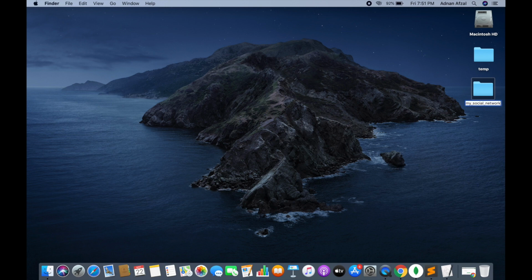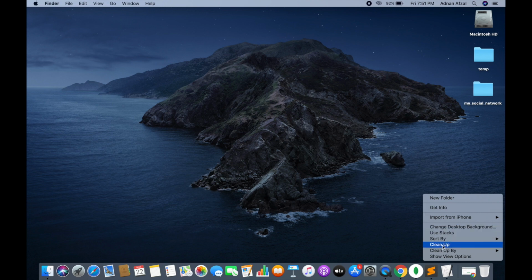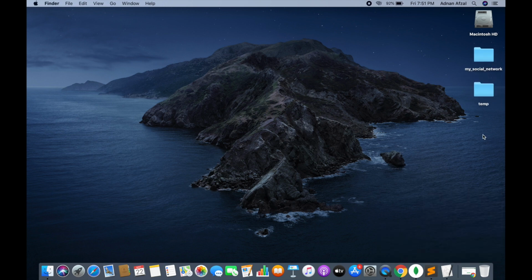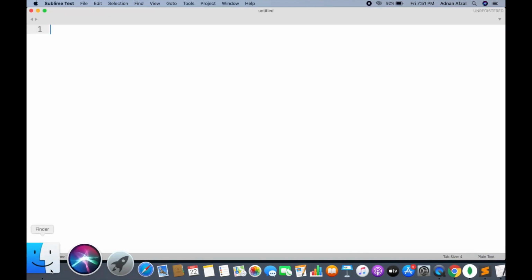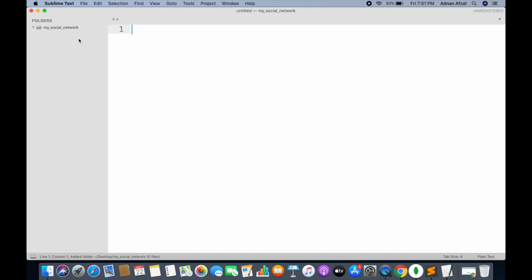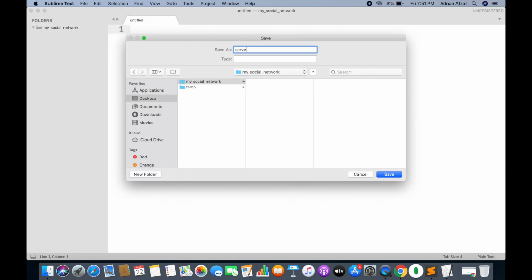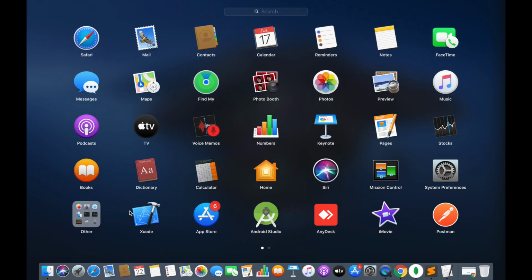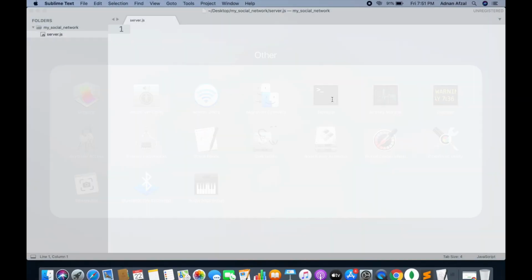And let's clean up the folder. Open your favorite editor. I'm using Sublime Text. Open this folder in Sublime Text and create a new file named server.js. That will be the main server file of your project. Also open a terminal in this folder.